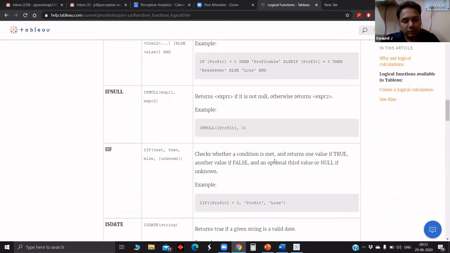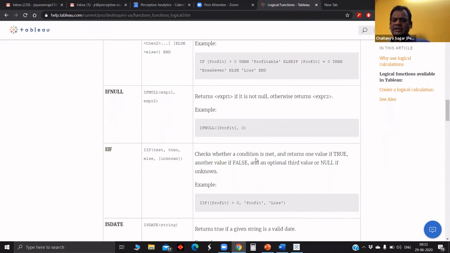Chaitanya, this if looks more like an Excel if. So in Excel, what we do is we put a condition, then we put a comma. If the condition is true, we put the value. Then we put a comma. If the condition is false, then we put a value. So it's similar to that. It's not different from if and else. It's just a short form of writing it. No, I think there is already an if condition. This is in addition. There is some additional functionality that is happening.